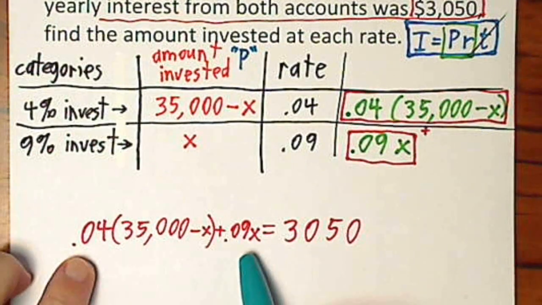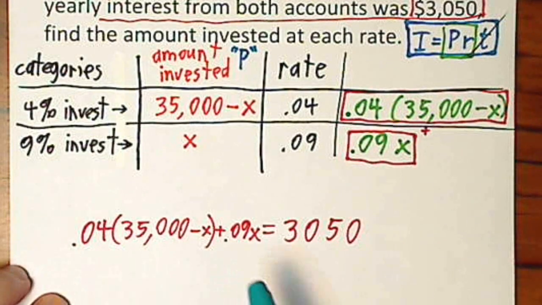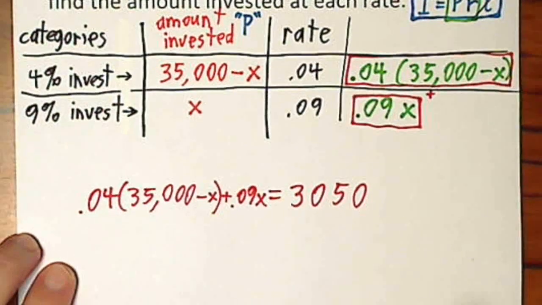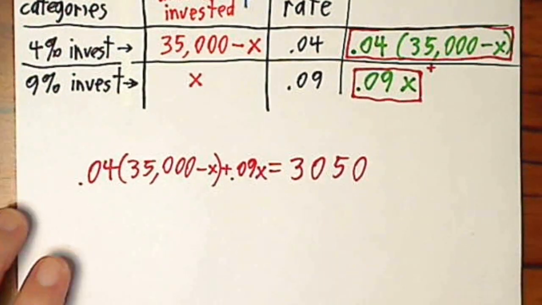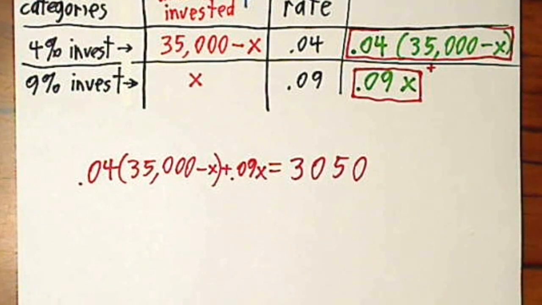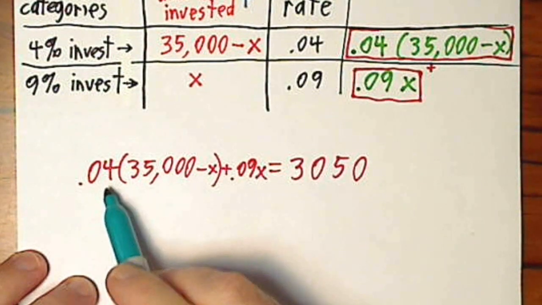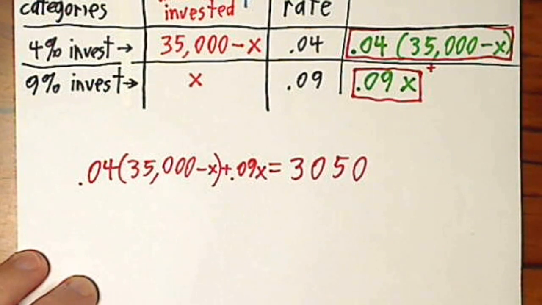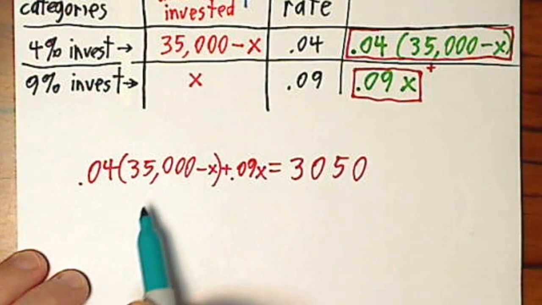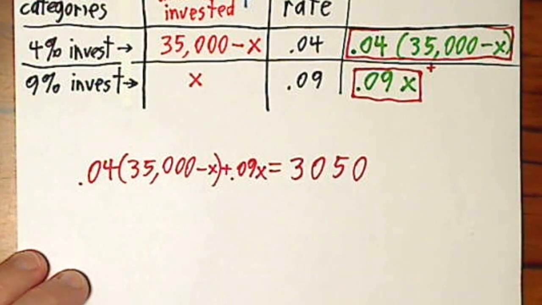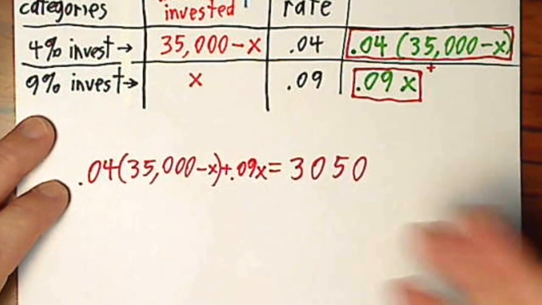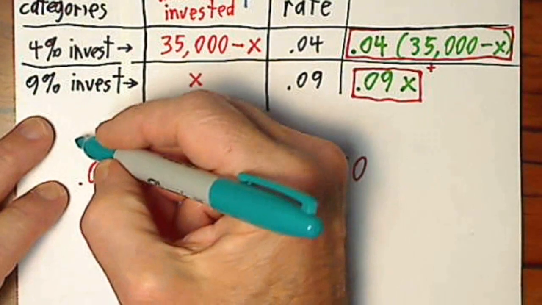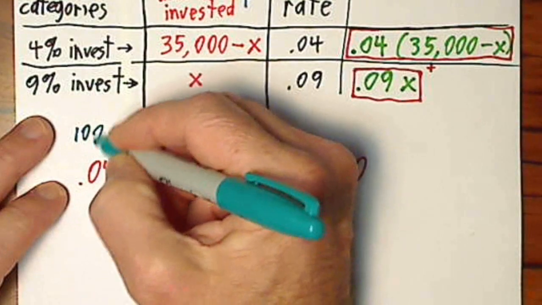And I really don't feel like dealing with these decimals, so I'm going to clear this of decimals. If I move this 2 decimal places and move this 2 decimal places, we'll be fine. Remember, whatever's in parentheses is essentially protected, so I have to do the same thing on each side of the equation. I'll multiply by 100,